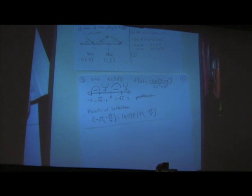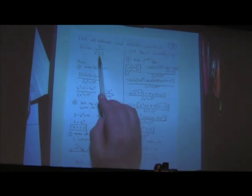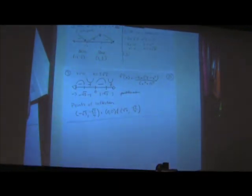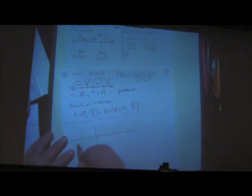Tricky part about this: these relative min and max are also absolute min and max. They're absolute min and max because if you look at the original problem, is the power on top higher or is the power on bottom higher? Bottom. When the power on the bottom is higher, that means that the limit as you go to infinity goes to 0, which means you have a horizontal asymptote of 0, which means this graph looks something